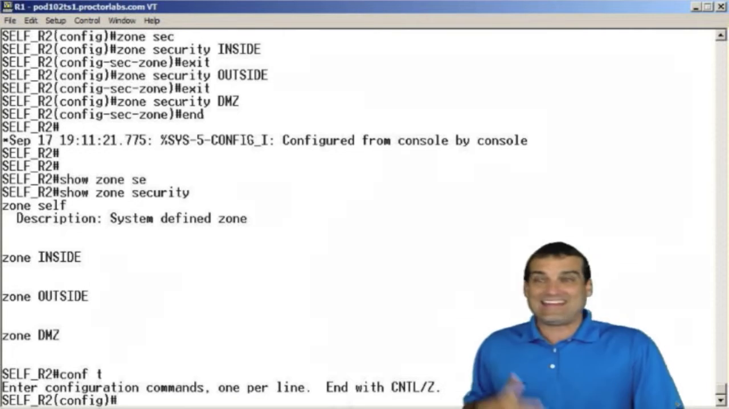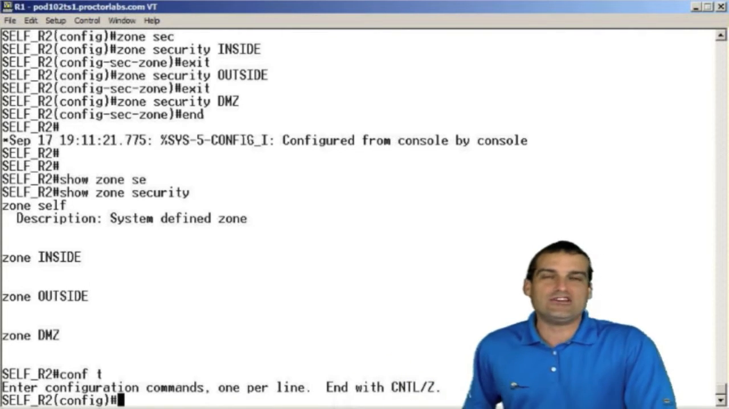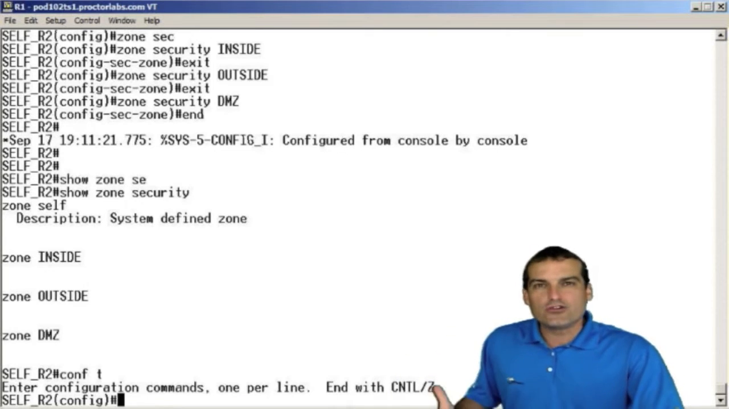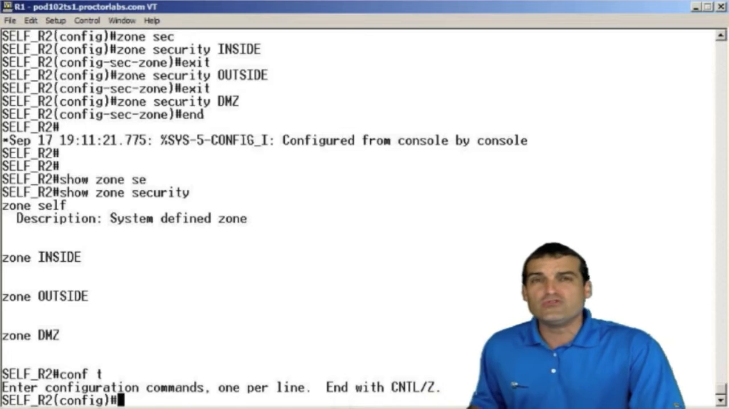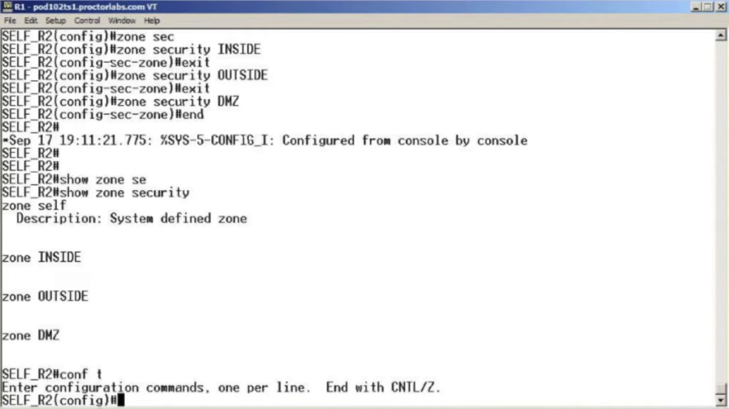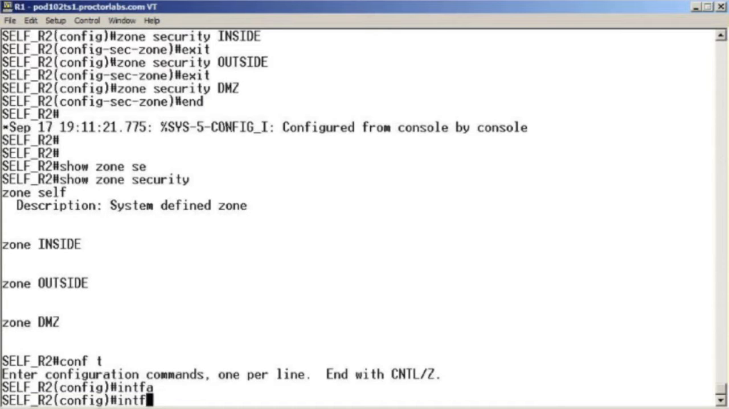I call this my cadence of configuration, and it's just the way in which I learned to do it, and it improves my speed of configuration. It improves my accuracy of configuration. So here we go. I'm going to go to the zone-based firewall, and I'm going to go to the interface